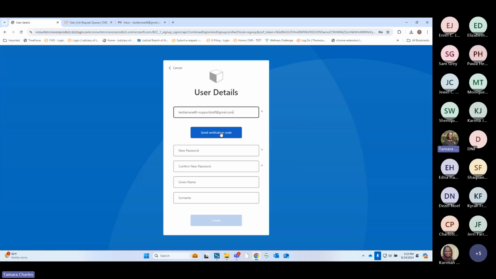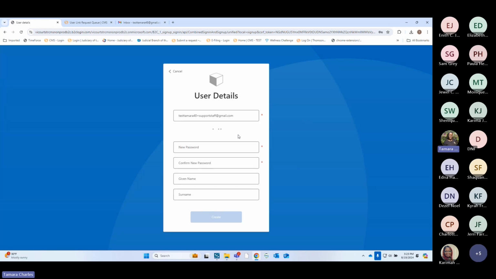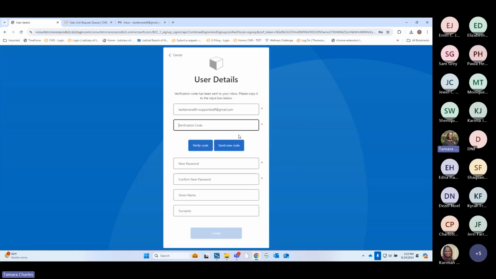The second step is going to be to send a verification code that I have asked. I know that this may become a little challenging. I don't want you to get distracted by the verification code, but for the testing period, please just do the verification. I have already asked the vendor to see if there's anything we could do about sending the verification each time, but that may just be something that's standard.